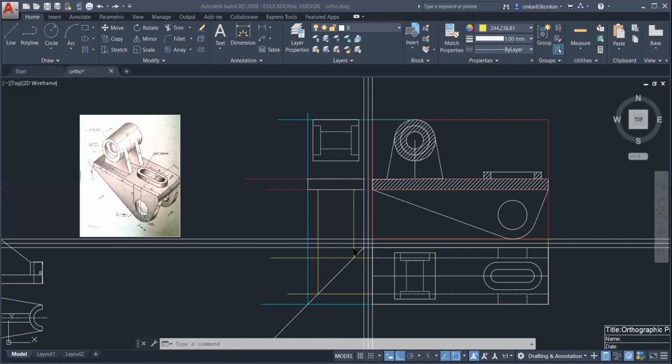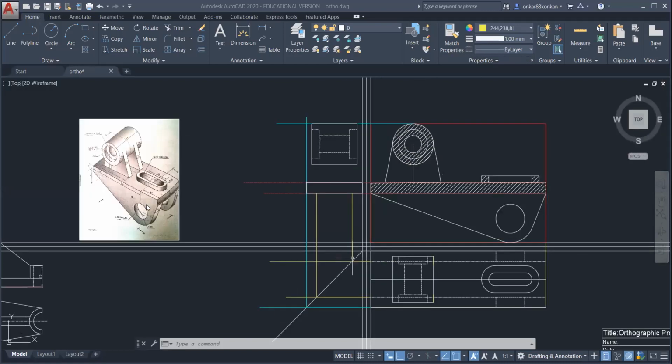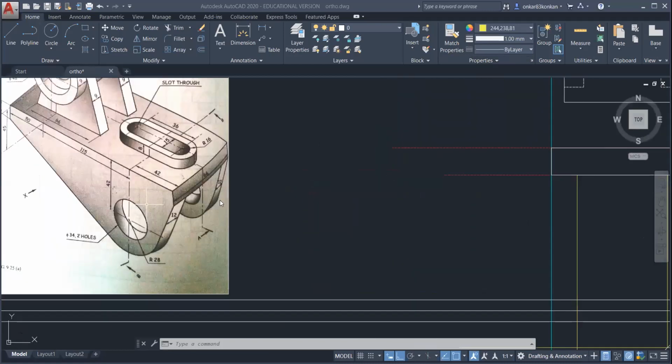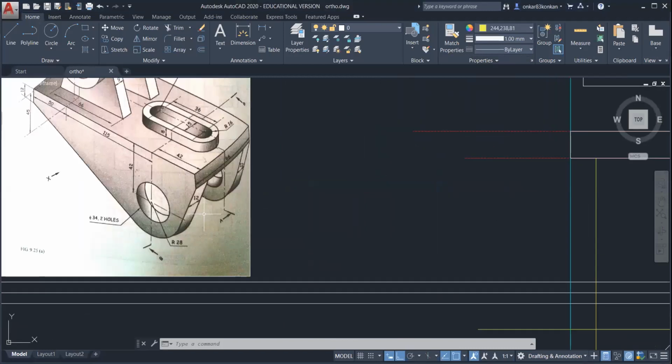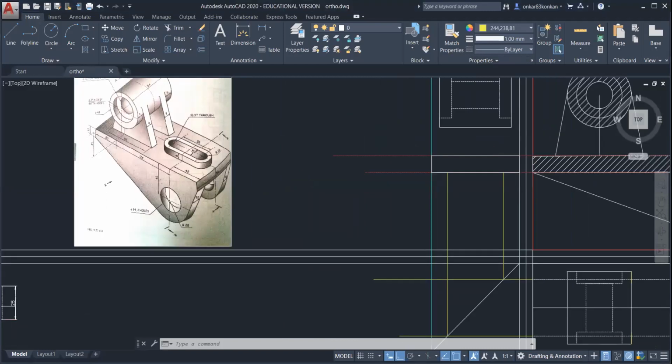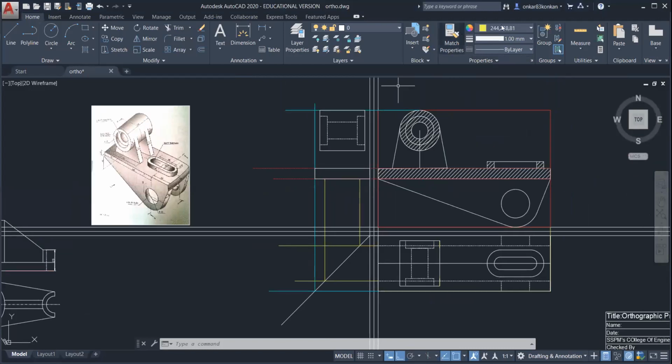So once you take the projection for these two features, then you can draw the rectangle, because in the side view, these two features will appear as a rectangle only. So select the bilayer option here. Then you can select the line, or directly you can select the rectangle. And from this point, you can draw this rectangle. Again, select the rectangle, and from this point up to this corner point.